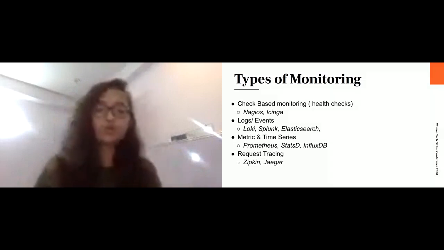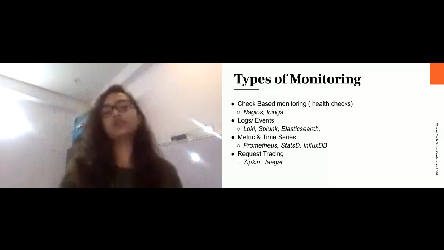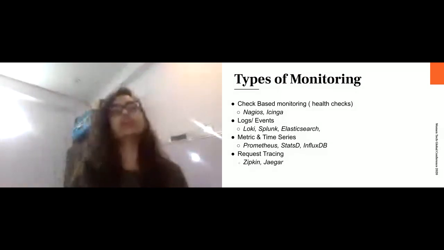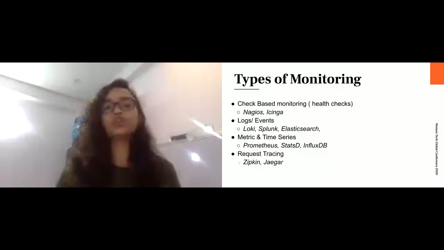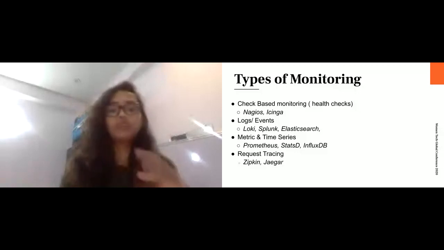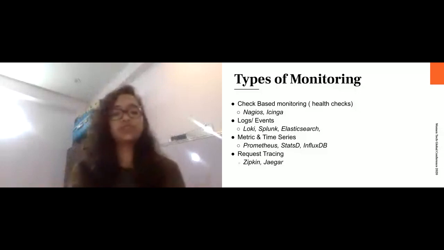But if we talk about cons, it has less detail for debugging. We generally get great detail in logs. So in our organization, we use Prometheus for collecting the metrics and observing things, but we also use Loki to get the good detail. So this is how you can mix two monitoring systems to get the best of both.